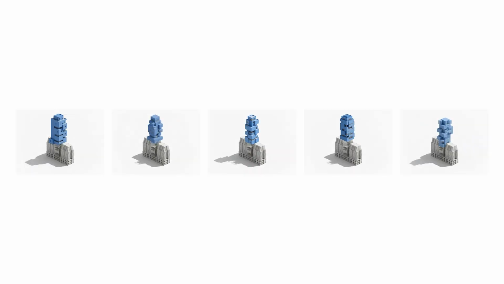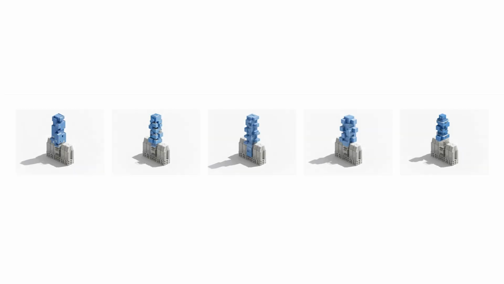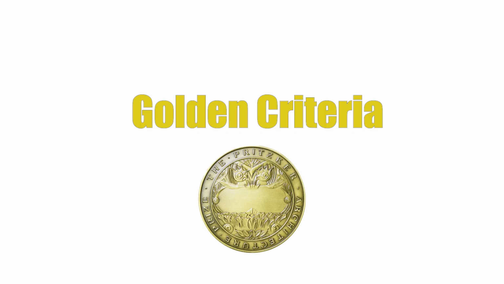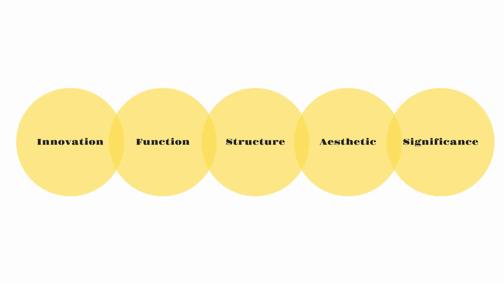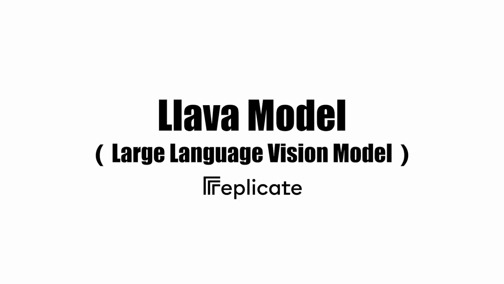After generating many iterations, evaluation is required to choose among the crowd. To achieve a fair evaluation, I set a golden criteria referencing the architecture Pritzker Prize evaluation criteria that have 5 categories: innovation, functional, structure, aesthetic, and overall significance. On the other hand, I have trained a LLaVA model, that is also called Large Language Vision Model, in Replicate.com